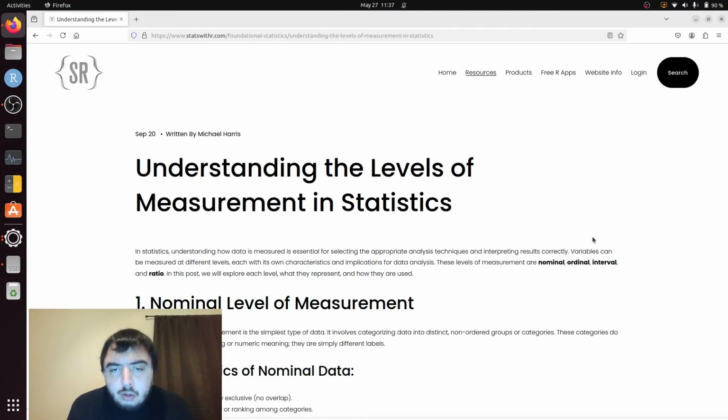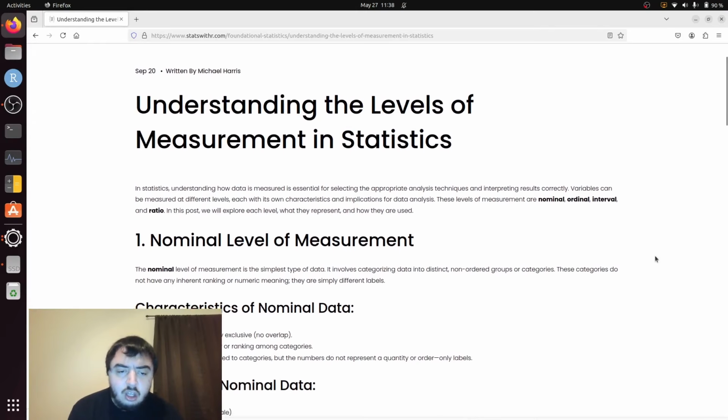Today I'm talking about the levels of measurement. Okay, the levels of measurement have implications for how you need to perform data analysis. And it's basically what you can do with data based on the level of detail that the data type affords. And so the levels are nominal, ordinal, interval, and ratio. And as we go from nominal to ratio, we get more and more freedom in what we can do with the data.